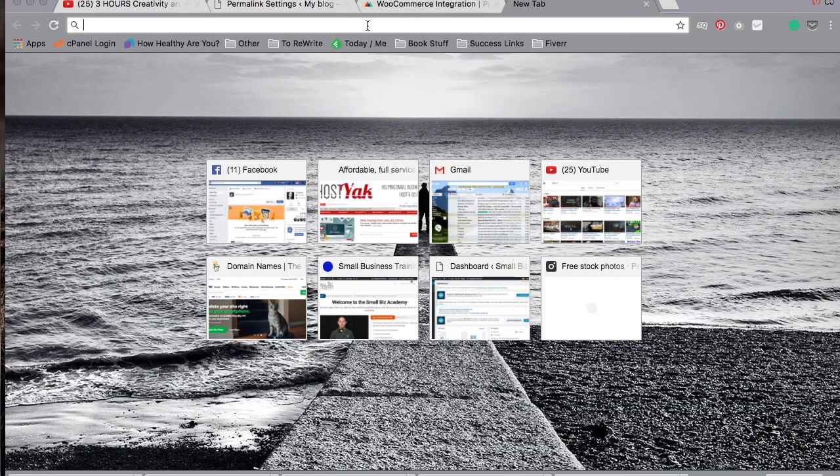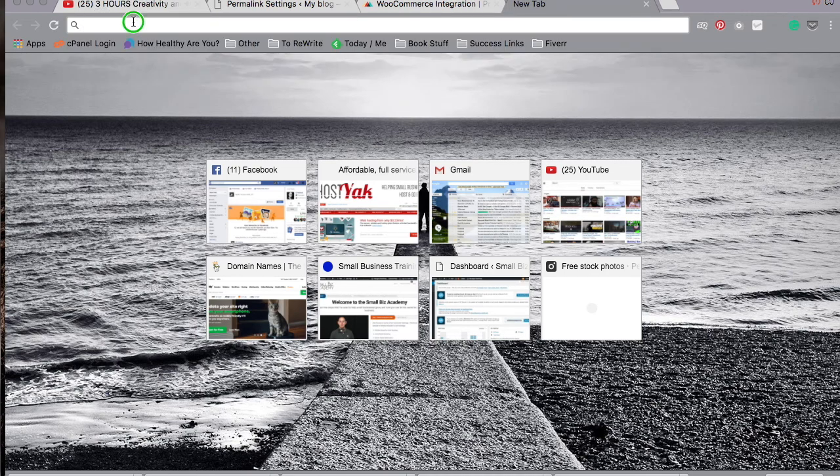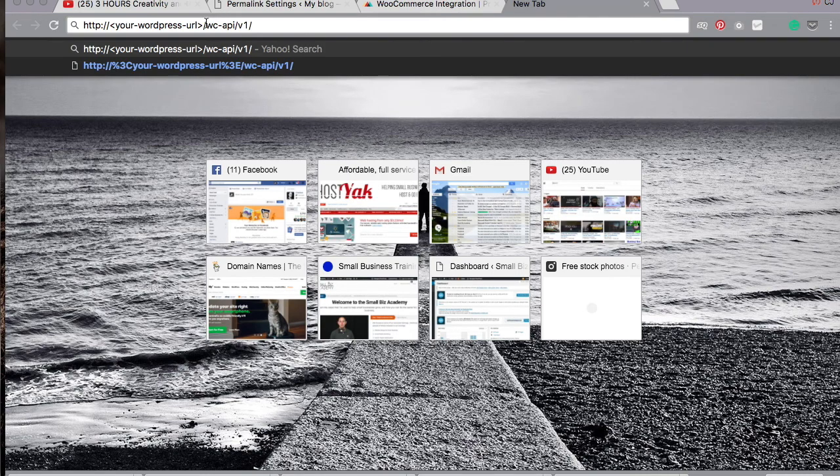We're going to open up a new tab. We're going to paste that in here, which is Command-V on Mac, Control-V on PC, or you can just simply click in the address bar, right-click in the address bar and click Paste. And then once that is here, you're going to simply come in between these two brackets, including the two brackets, and put your website in. So I'm going to go